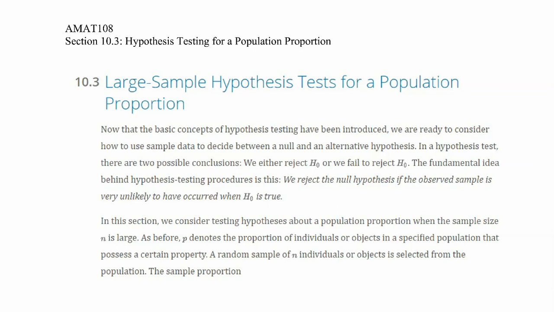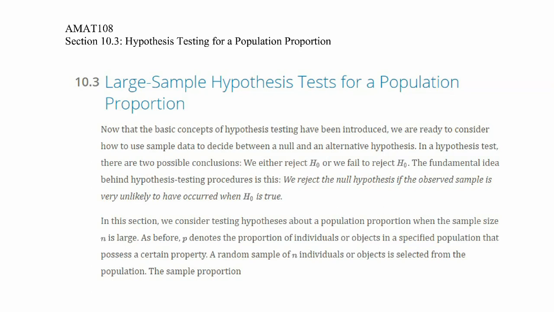In a hypothesis test, there are two possible conclusions. We either reject H0, the null hypothesis, or we fail to reject it. The fundamental idea behind hypothesis testing procedures is this. We reject the null hypothesis if the observed sample is very unlikely to have occurred when the null hypothesis is true. So basically the idea is, look,